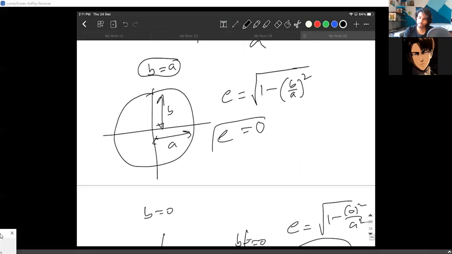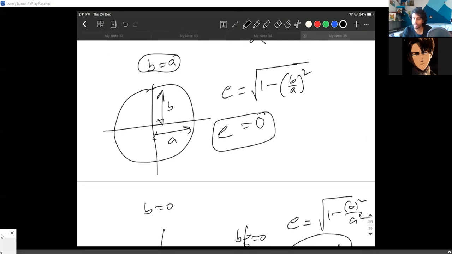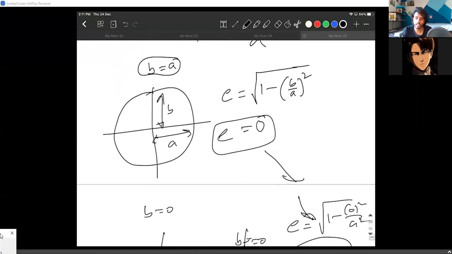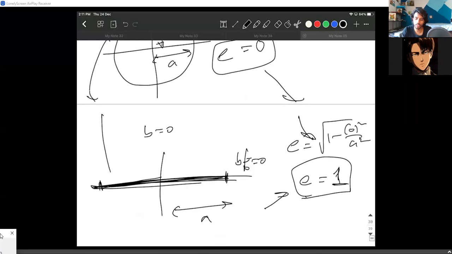The eccentricity being 1 and the eccentricity being 0 are the two extremes for the eccentricity. It's as if you take a circle and keep squishing it all the way until it bends to a straight line. The eccentricity starts from 0 and goes all the way to 1, starting from a circle and going all the way to a straight line. Okay, guys, so that is how the variation goes.